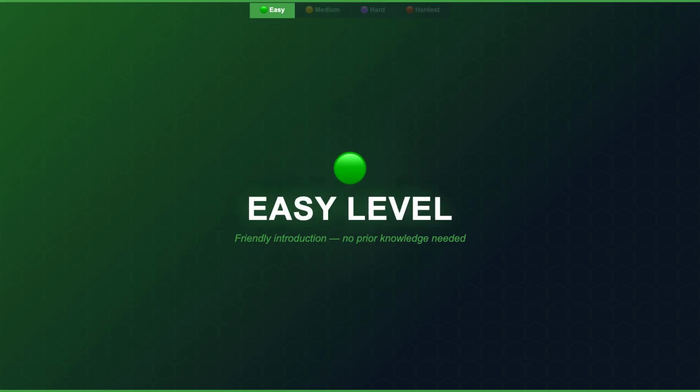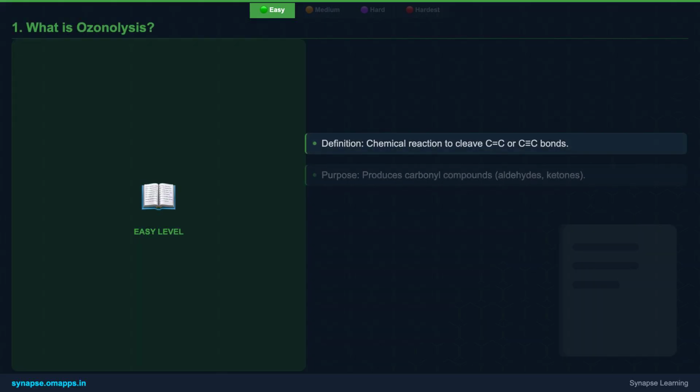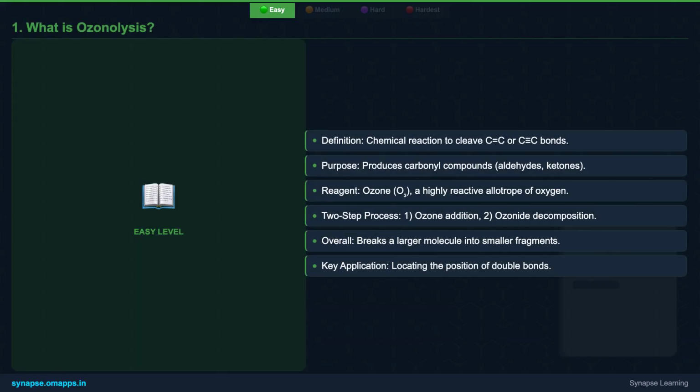Let's kick things off with the fundamentals. What exactly is ozonolysis, and why is it so useful in chemistry? Ozonolysis is a chemical reaction used to cleave, or break, carbon-carbon double and triple bonds in alkenes and alkynes. Think of it like a molecular scissor. The main purpose is to produce carbonyl compounds, which are molecules containing a C=O group, like aldehydes